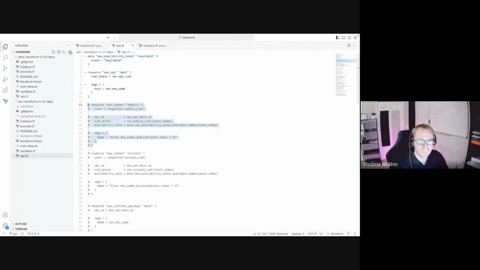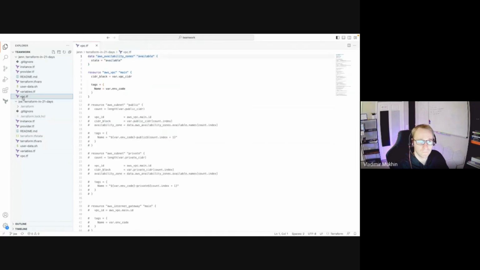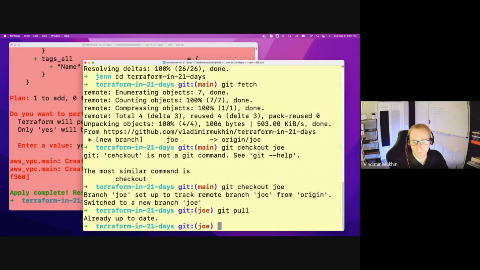And let's uncomment the resource. And before I run Terraform plan, who can guess what changes we are expecting and what